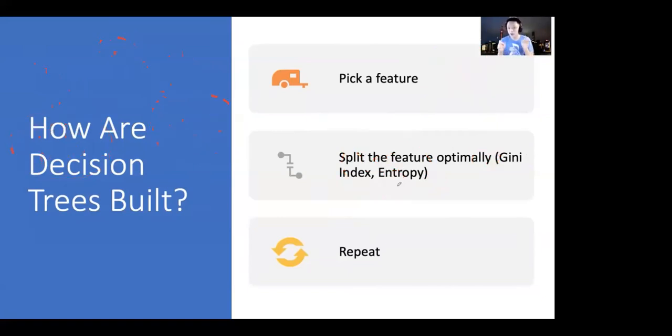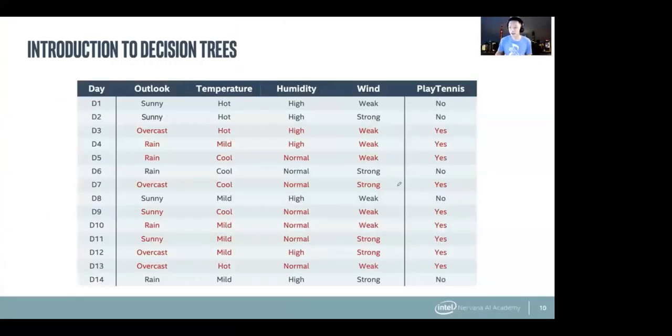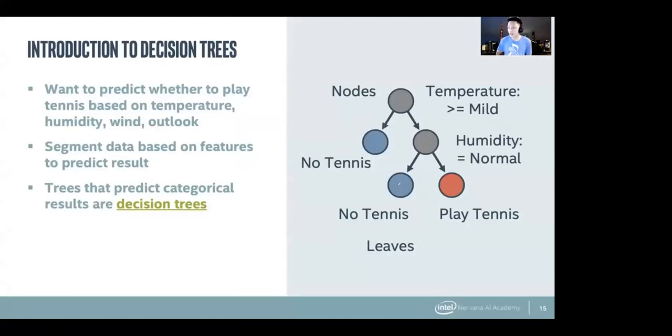But basically, what you have to know from this is that decision trees are a way of taking a bunch of information and applying this very intuitive if logic. You know, if the temperature is greater than or equal to mild, then do this. But if it's less than mild, then we don't want to play tennis. And there's this algorithm that you don't have to know the specifics for, but the idea is that you try to split it the best possible at every single step. And then you just keep doing this until you have a very nice tree where you have these rules that can define the structure that you have learned. So that's the general idea.